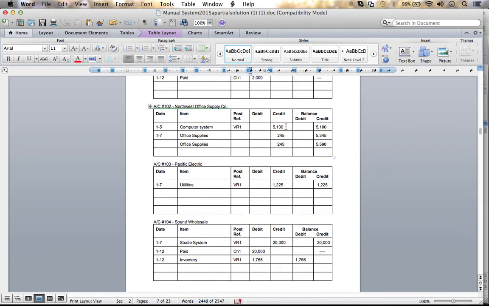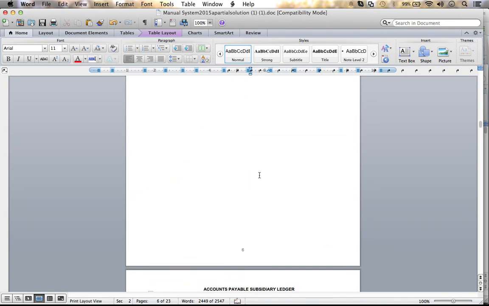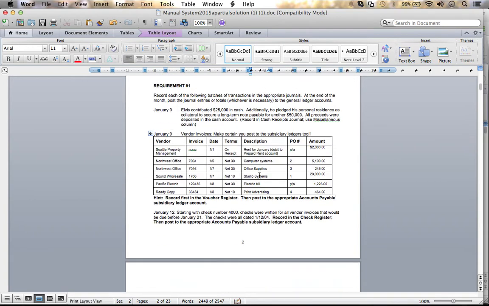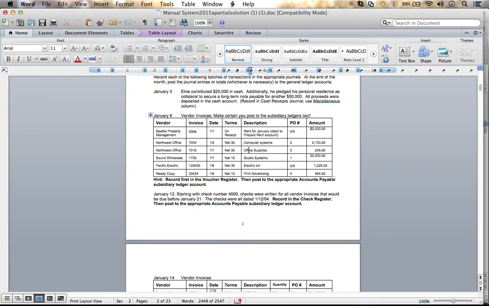So here it is, $5,100 in the voucher register page 1, and then voucher register page 1 for $245. So a total of $5,345 is now owed to Northwest Office. I'll continue on and do these bills all in the same fashion, where they're going to be in the voucher register. They'll be debited to some sort of expense or asset account and credited to accounts payable for all of these. I've recorded all of these for you in the voucher register, and I've updated them to the